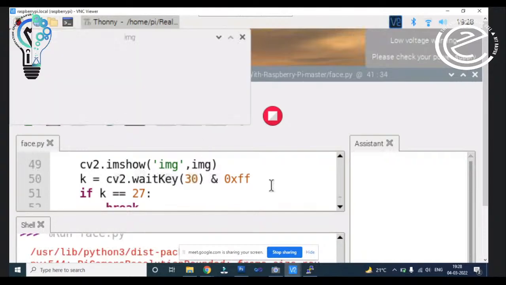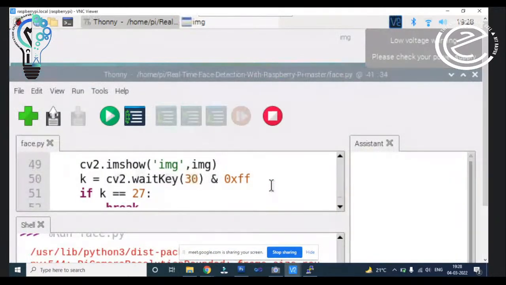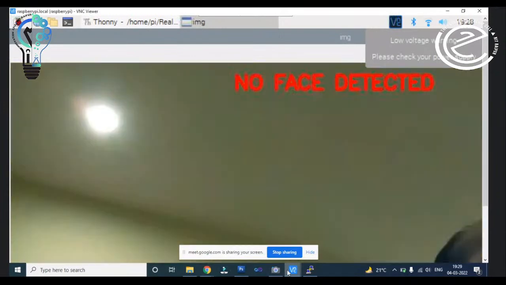The camera has been turned on. You can see the camera. The red light in the camera is glowing right now. The camera has been turned on.